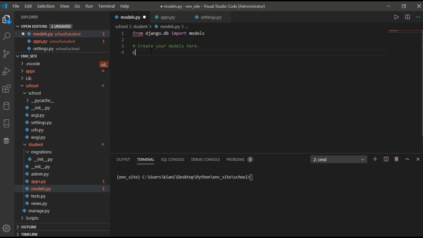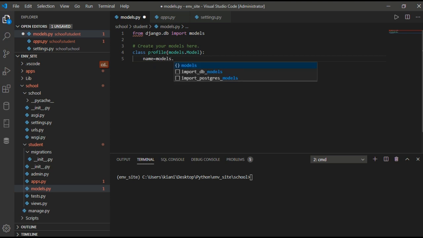So we will write class Profile, and we will write models.Model. This is inheritance. This Profile class will inherit the Model class.